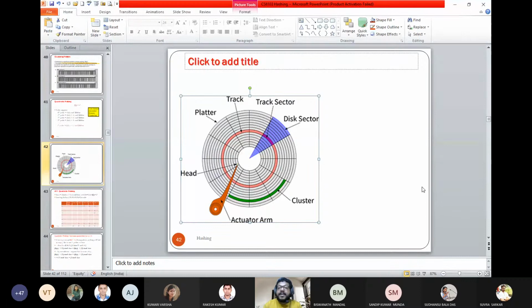What is the address? If you look into a single surface, let us say I have to store a particular record. Look at what is a single addressable unit. Here you just guess. There are a number of tracks. So it can be track 1, track 2, track 3, track 4, starting from track 0. That is one.